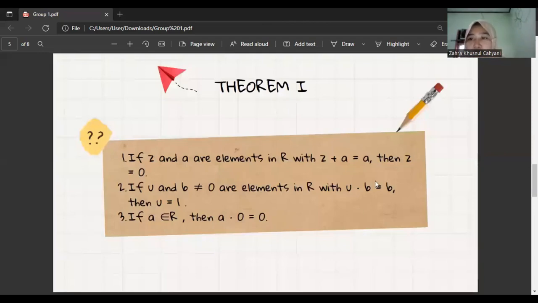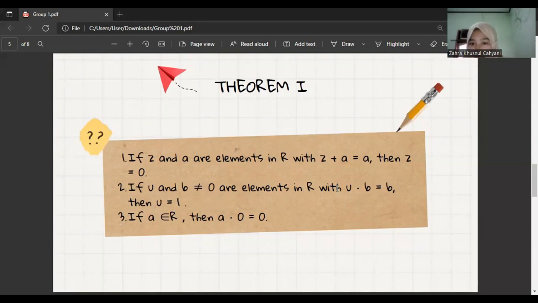And then we move to some theorems. Here we have the first theorem. In this first theorem itself, we have 3 theorems. The first is if Z and A are elements in R with Z plus A equals A, then Z is equal to 0. And for the second, if U and B not equal to 0,